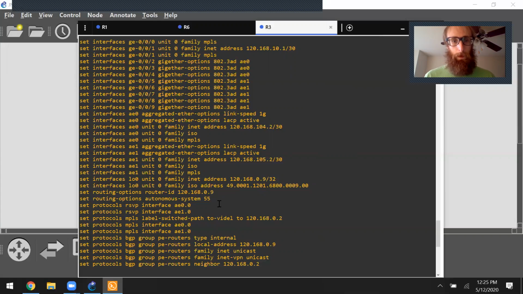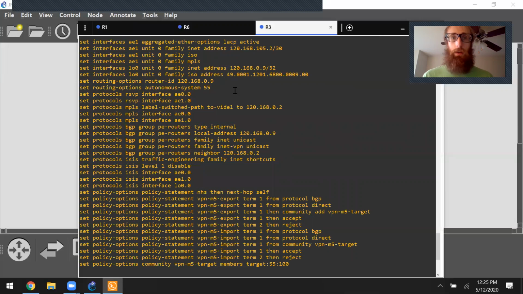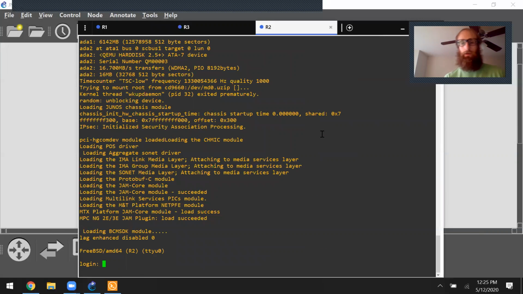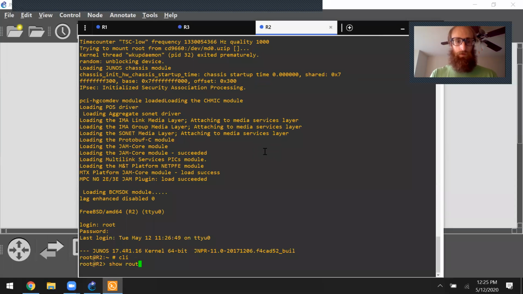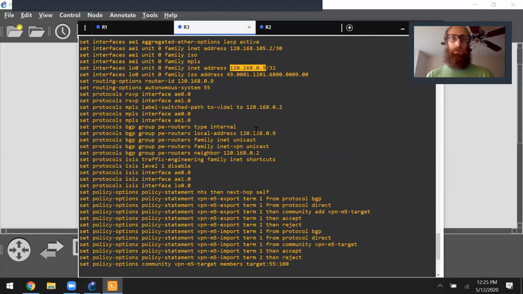So let's check that and see if it's, yep, so it is going to be included in ISIS. Let's see if that route made it across to router 6. Or sorry, not router 6. Let's check the router 2 Juniper across the link and see if that route made it there. Nope, so it didn't even make it across the link, even though it is set up with